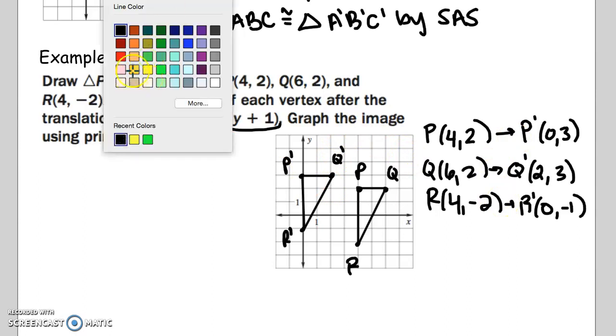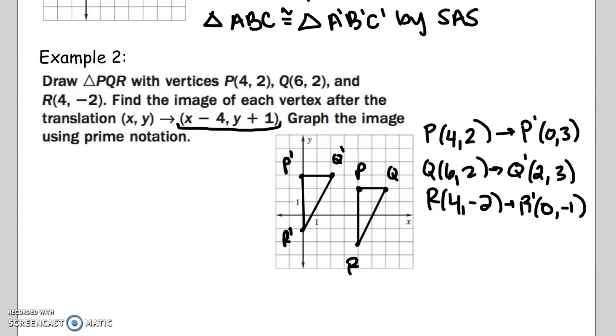The other thing that I like to do is color in my new image, and let me go ahead and grab a color here. I just like to shade it in really fast, and that kind of helps visualize, okay, that's the new image that has appeared, and it is just right here. So sometimes people shade those in just to really see where the translation happened. Make it pop out more. All right, so